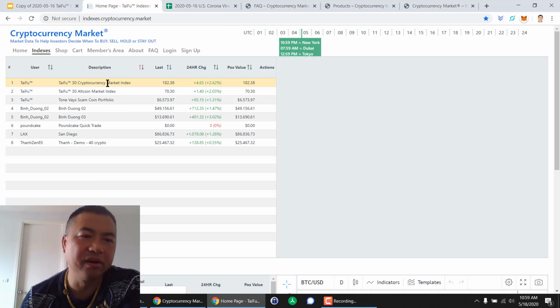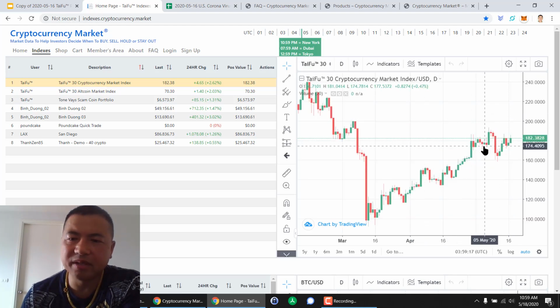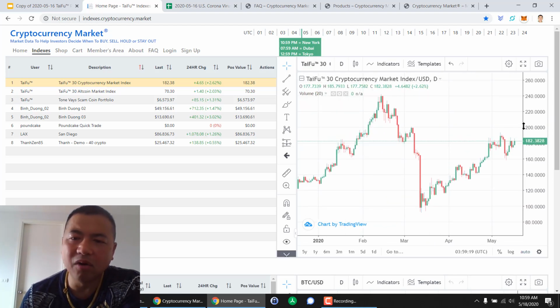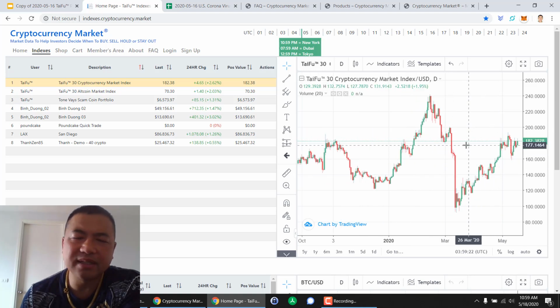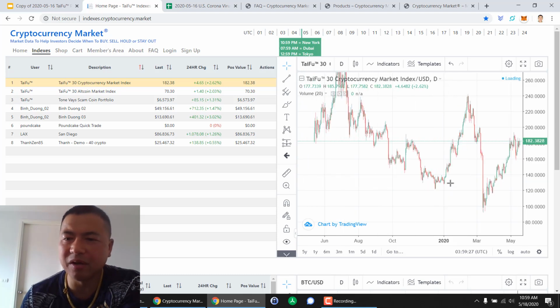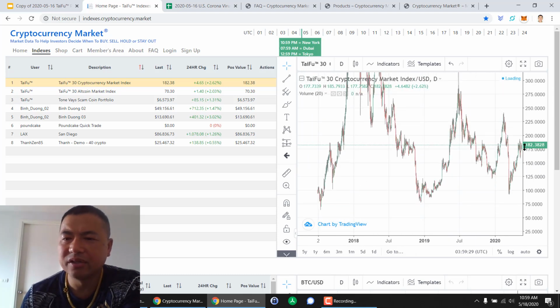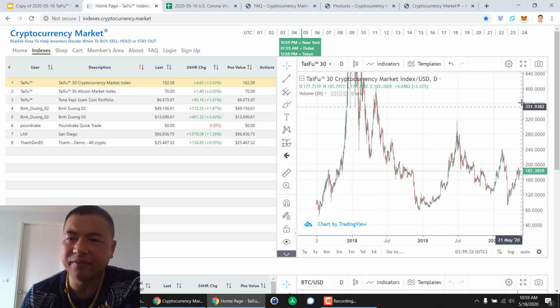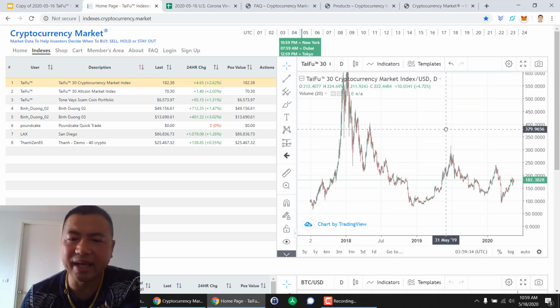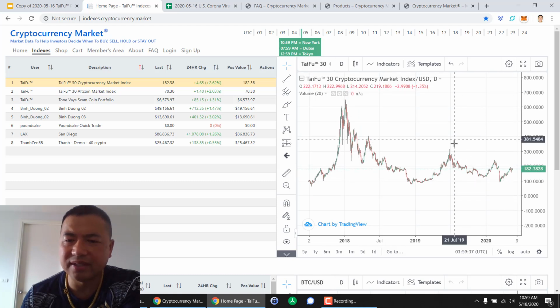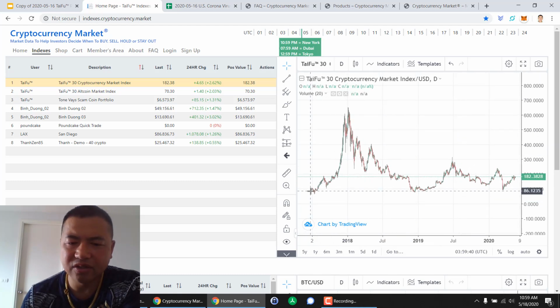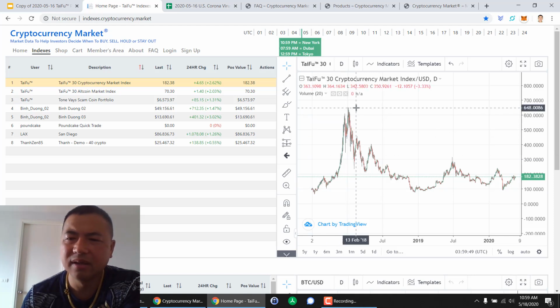Market Index. If you click here, you'll see the index's performance over here. Now, at the moment, because this is in alpha stage, it's one day behind. Okay, so just be aware of that. But if we scroll back here to the birth of this TaiFu Cryptocurrency Market Index back in July of 2017, back here, it was July 1st. So if we put $100 in at that time, it would have gone up to a high of like 650. So that's like a